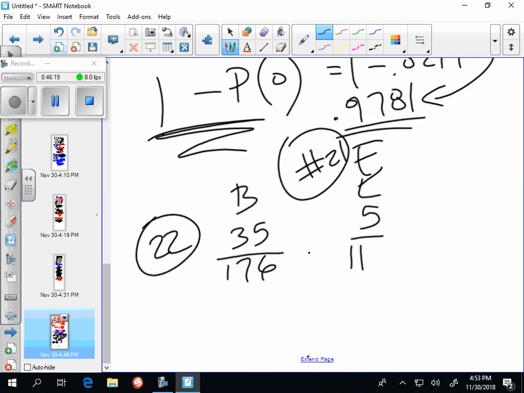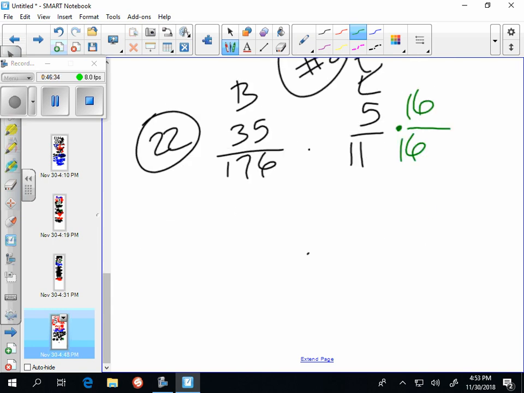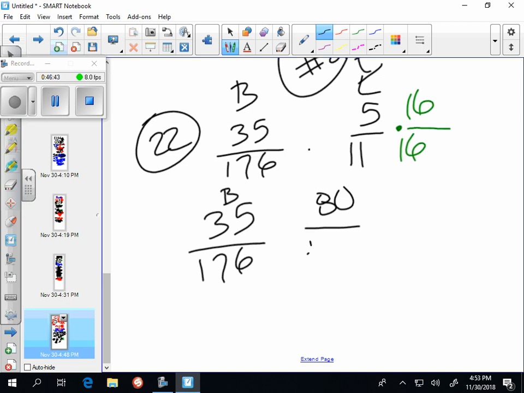I'd really like to be able to compare these numbers, but unless I have a common denominator, I can't do that. Hey, does 11 go into 176? It sure does, 16 times. So I'm going to multiply top and bottom by 16. So I can see 35 out of 176 birds were buntings, 80 out of 176 birds were larks, and so